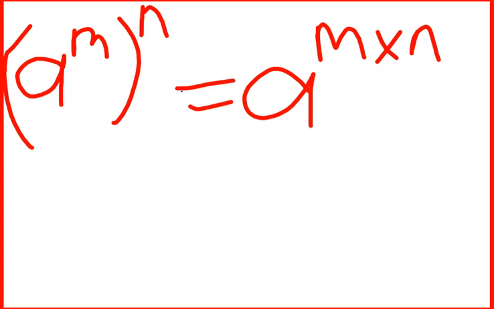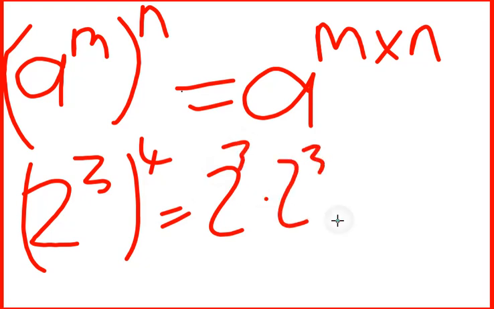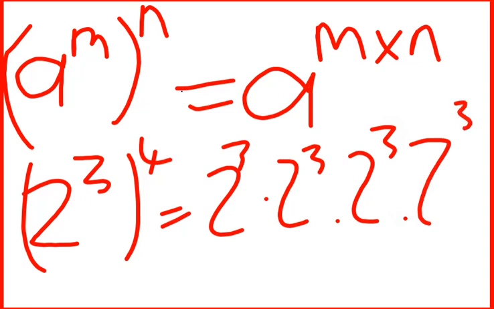So we have 2 to the power of 3 to the power of 4. If we expand this, this is 2 to the power of 3 times 2 to the power of 3 times 2 to the power of 3 times 2 to the power of 3. And if you simplify it further, we learn that if it's the same base,